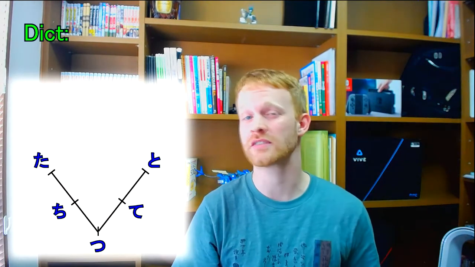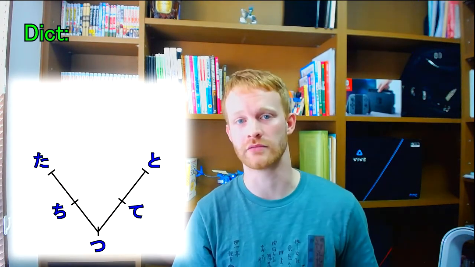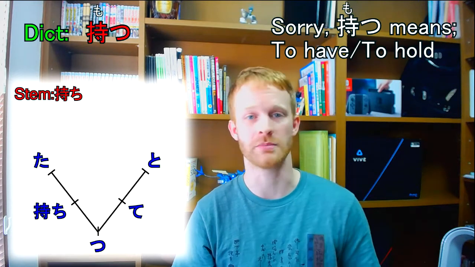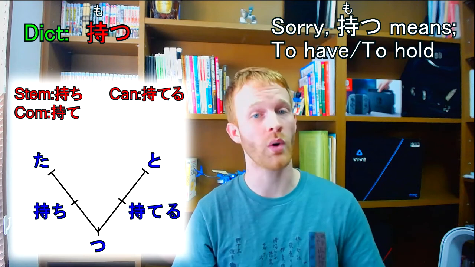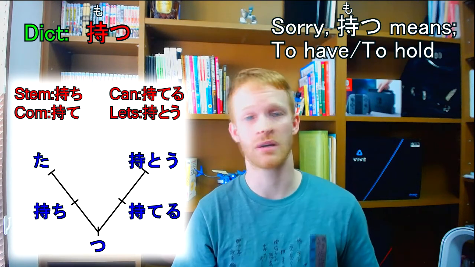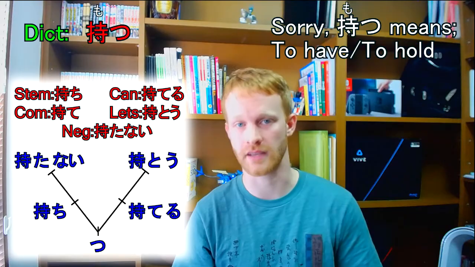It's worth noting here that the modified form of zu has 0 verbs in the Japanese language. I think you guys have got the hang of it now, so I'm just going to go down. Motsu, mochimasu. Motteru, motte. Mottou, mochimashou. Motanai, mochimasen.